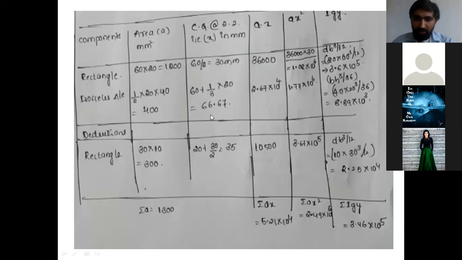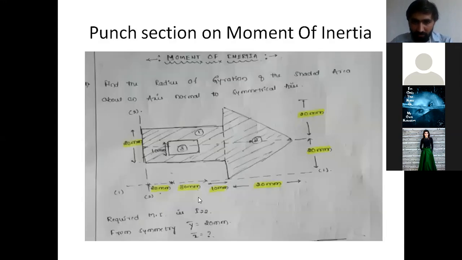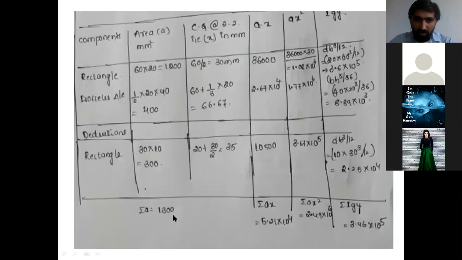And again for the triangle, so here if you look at this, the isosceles triangle, this one will be the base. So with reference to 2-2, what is the distance between 2-2 and the base? That will be 20 plus 30 plus 10, so that will be 60 millimeter. 60 plus, where is the CG located? So CG is located somewhere here. Wherever you get the maximum area, there you will get the CG. So from the base, it is 1/3 of the total height. So 60 plus 1/3 of 20, I am getting 66.67.